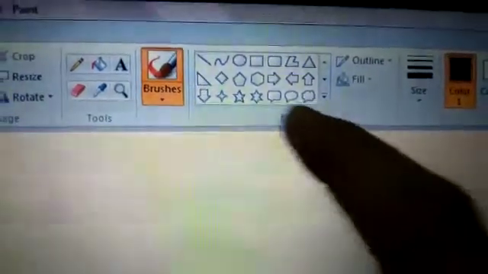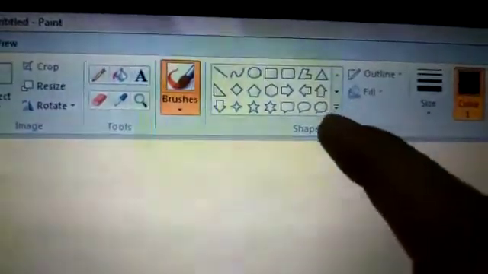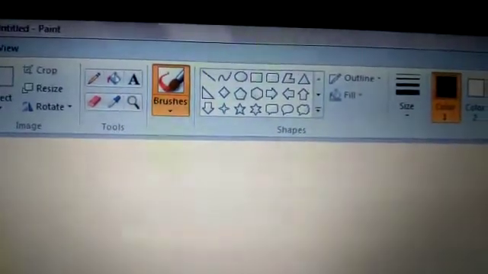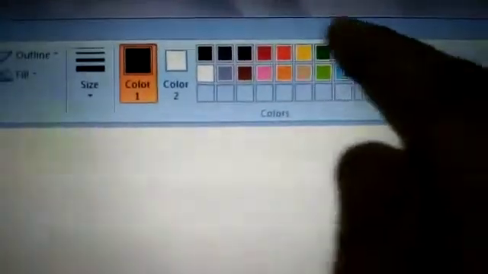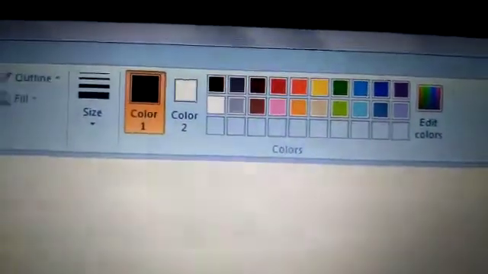This is your Microsoft Paint window. Now, this is the area where we have to create any drawing. And to draw anything, we have to use all these shapes. These are the shapes. We can draw anything using these shapes. Now we have to fill the colors. How to fill the colors? We have to use the color bar option and we can fill the color in our image.